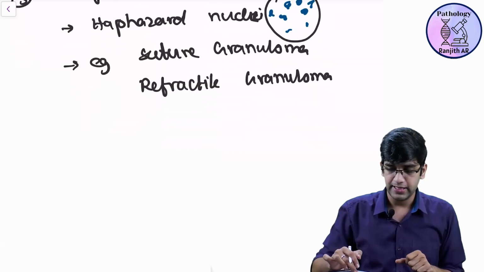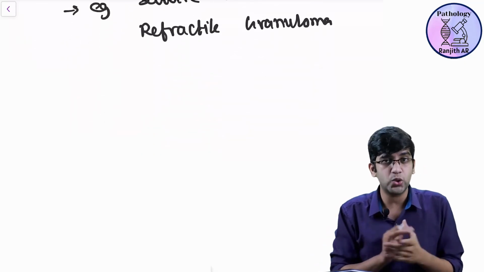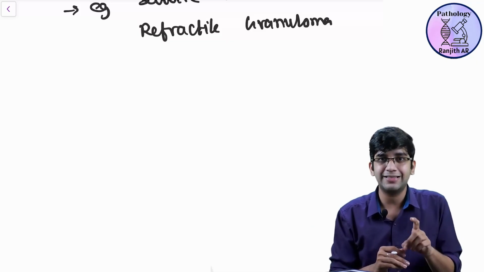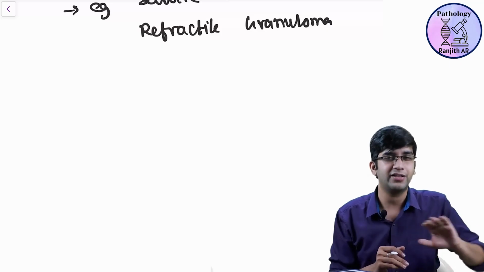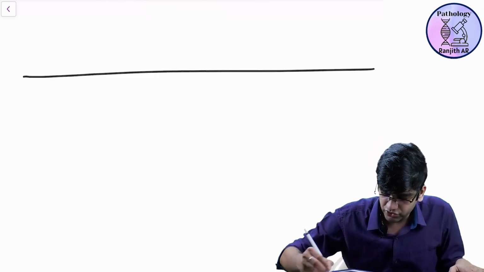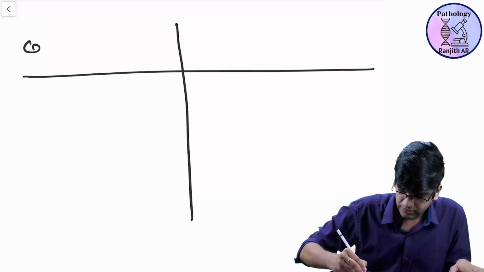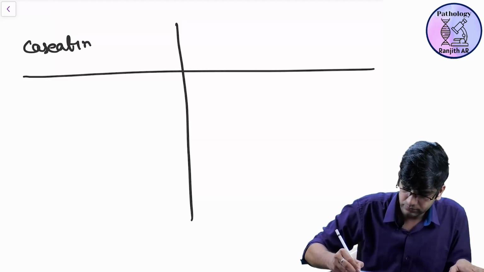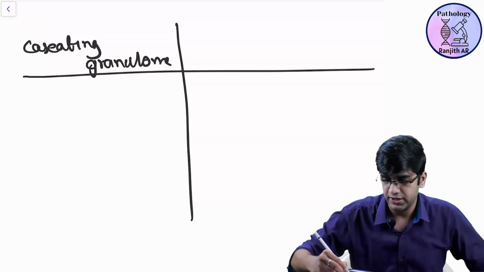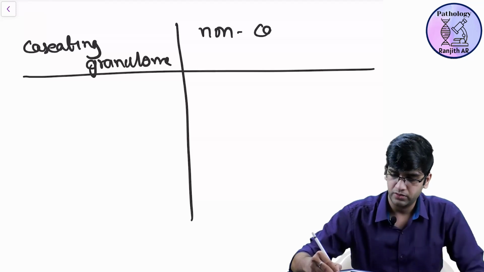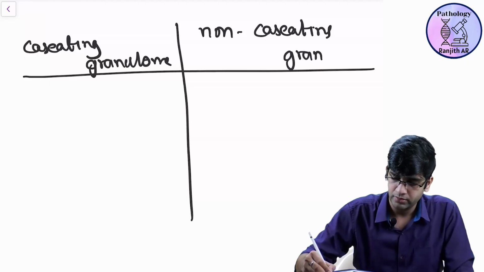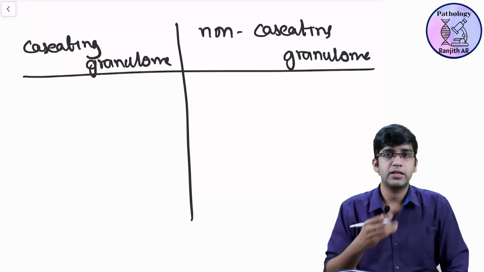Fine. Then we'll go to the classification based on the appearance of necrosis, whether it's necrotizing or non-necrotizing. As I said, caseous is not the correct term, but fine, caseating, non-caseating. Though it's not the correct term, I'm going with the dictum because most textbooks say caseating granuloma, and you're going to have non-caseating or non-necrotizing granuloma. I prefer non-necrotizing, but yeah, it's fine.